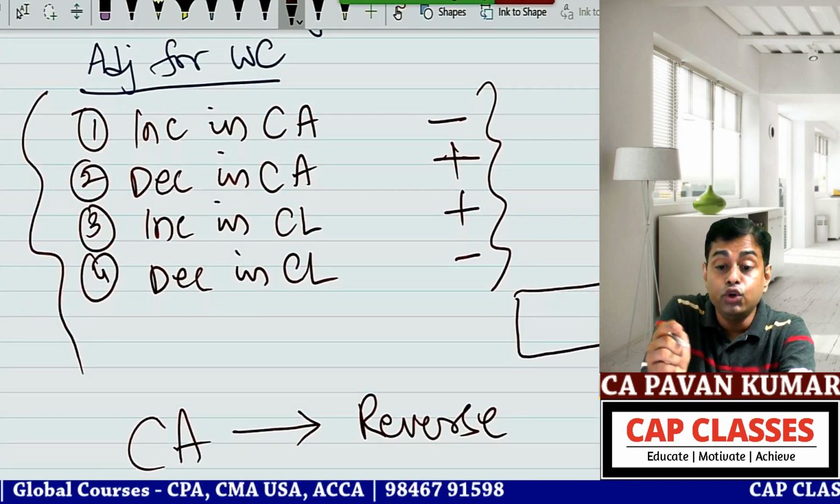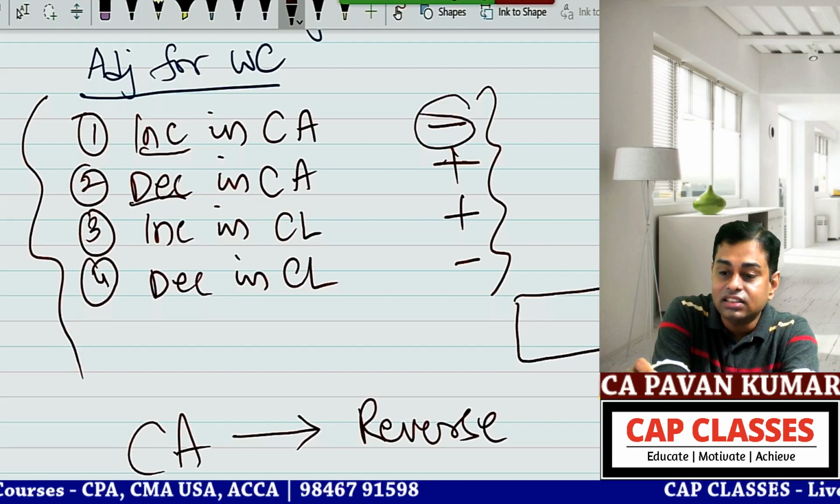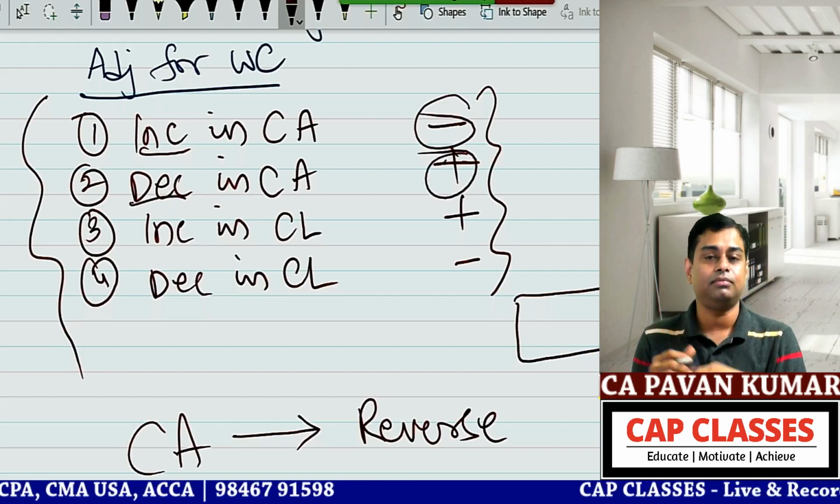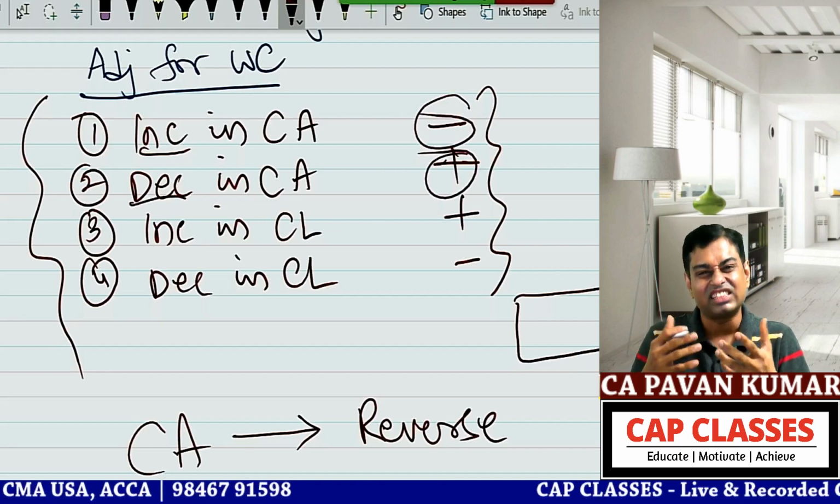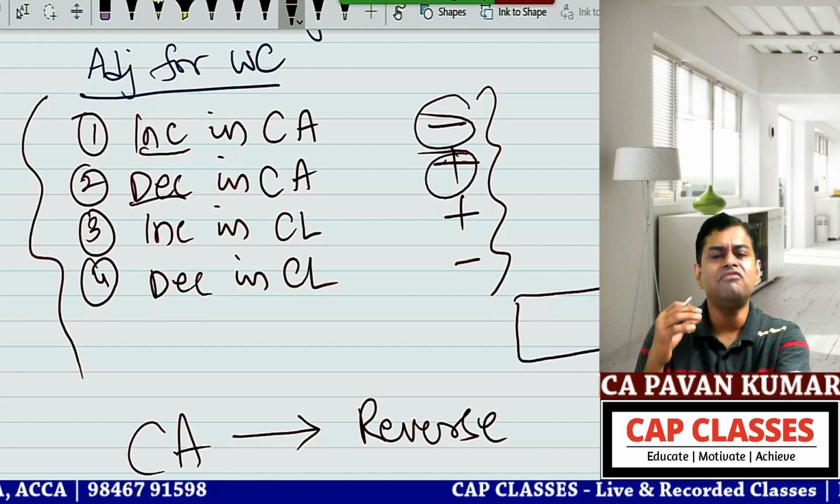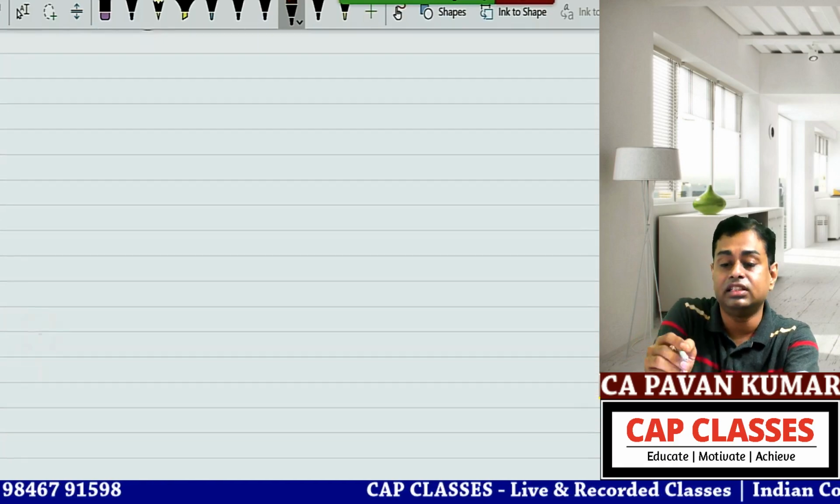So if it is increase, decrease it. If it is decrease, increase it. Current liability is straight. Current asset is reverse. This is one. Now, Pavan sir, why am I doing this adjustment? Now imagine